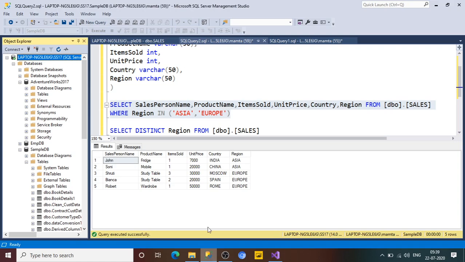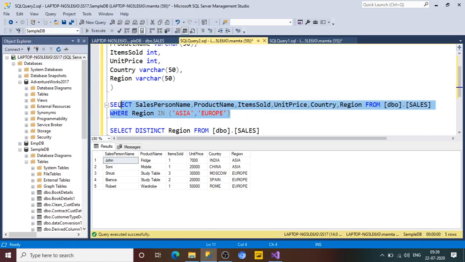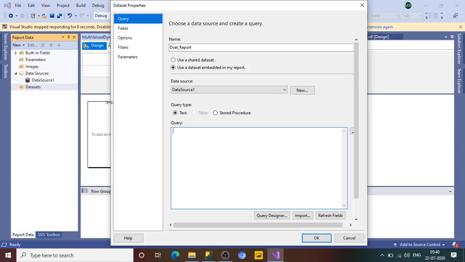Now the query that we wanted for this report is this. We wanted all the records from the table where the region belongs to these two specific regions. Now we do not need this hard coded value, we wanted this to be a dynamic parameter. I want this to be @region. So this way you can click on OK.